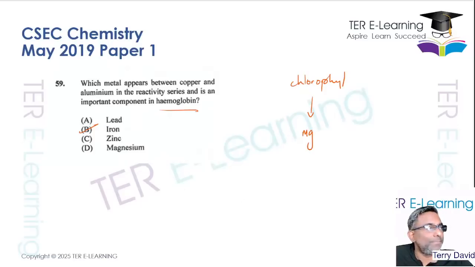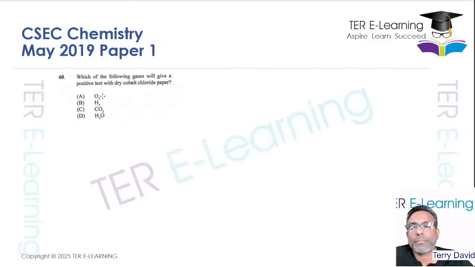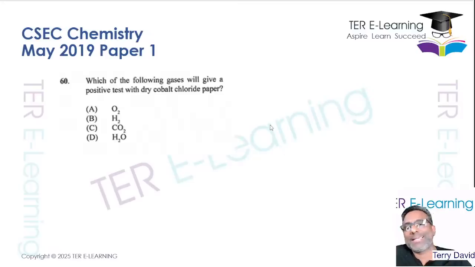And question 60. Which of the following gases will give a positive result with dry cobalt chloride paper? So this is a specific test they're asking us about here. When you see cobalt chloride,